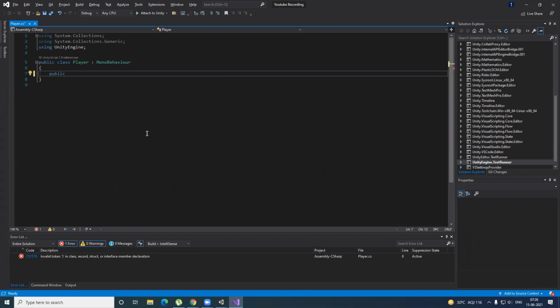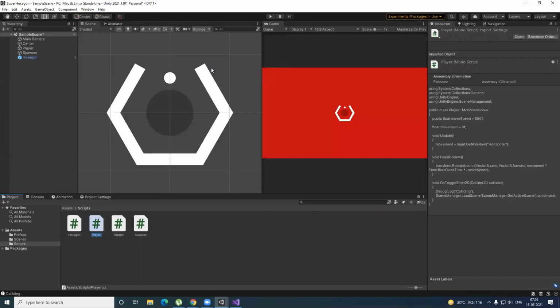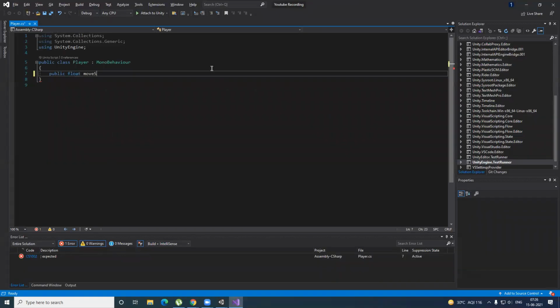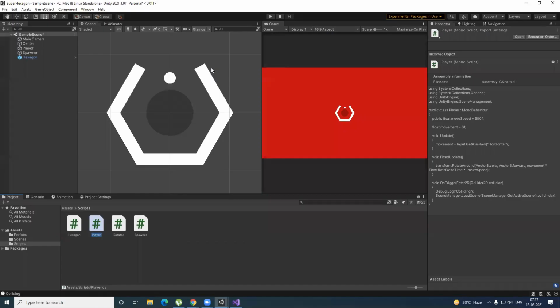So let's make a public. So what is a public? Public is nothing but an access modifier that is available to each and everyone who is referencing this script. Just like the public, you are available to the public. This is the same public. Okay, then go to the float. Then we have public float, and the variable name is move speed. We're assigning it the value of 500f. Okay, so why the f? Float uses f, decimal uses m, and double uses d in C sharp. Again, Unity uses the C sharp coding language, so be very careful about that.